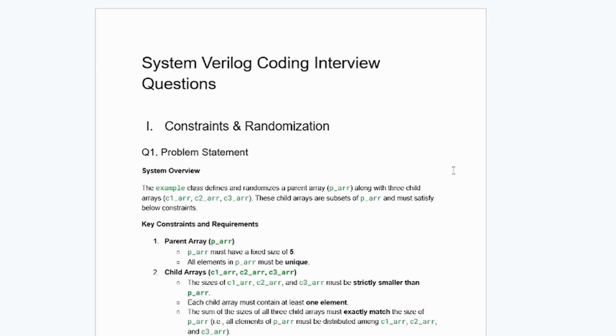So in this video, we are going to solve a SystemVerilog coding interview question. This question was asked to me in a very big company, and it is based on constraints and randomization. So it's a bit tricky, and during the interview they did not give me a full problem statement, but here for the sake of simplicity I'm putting the full problem statement so that we can go through the statement and then start coding the actual